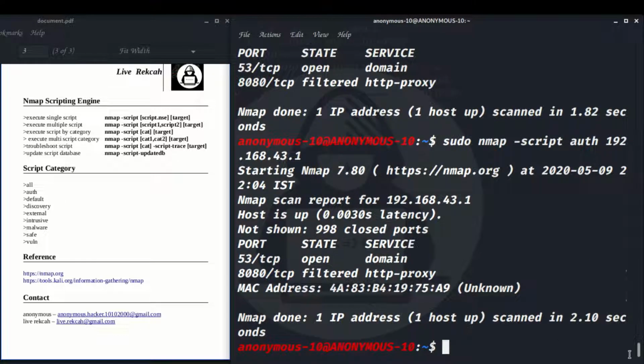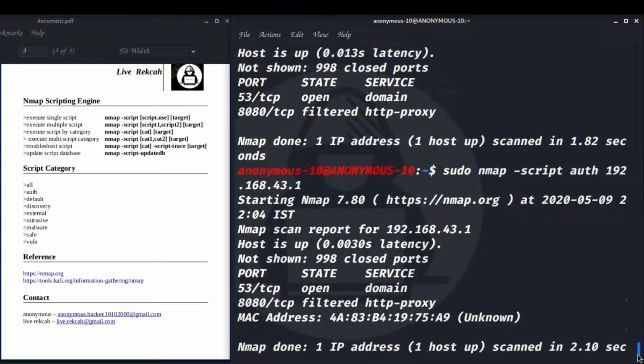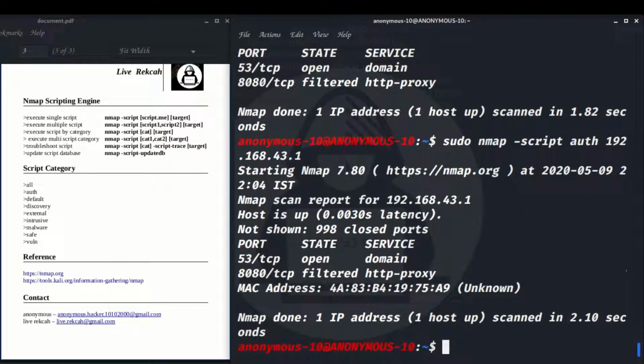This is not actually what I want. Okay, this means the system is not actually authenticated. It is not password protected. If it shows me the normal output as a normal nmap command does, even for this script, then it is not password authenticated.